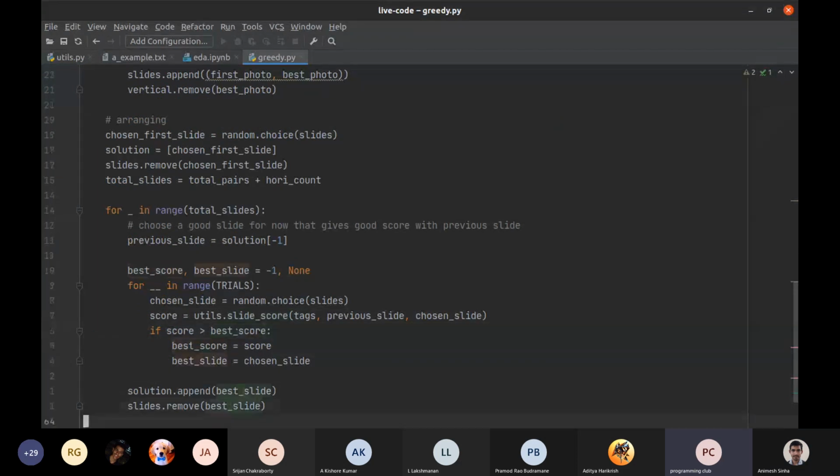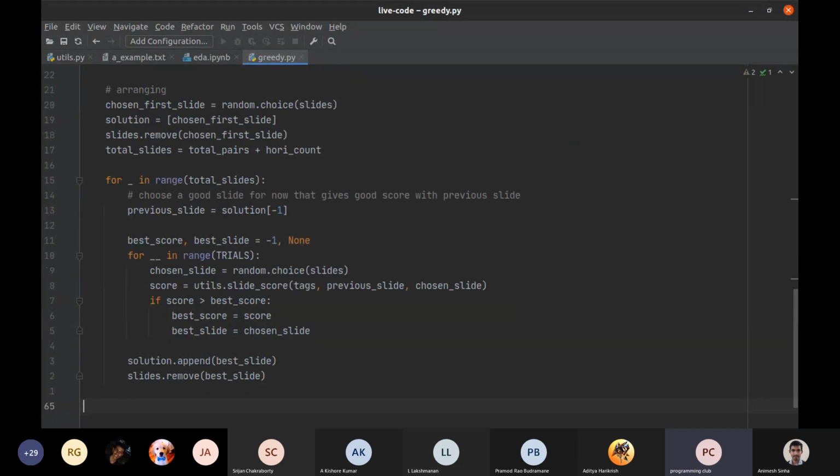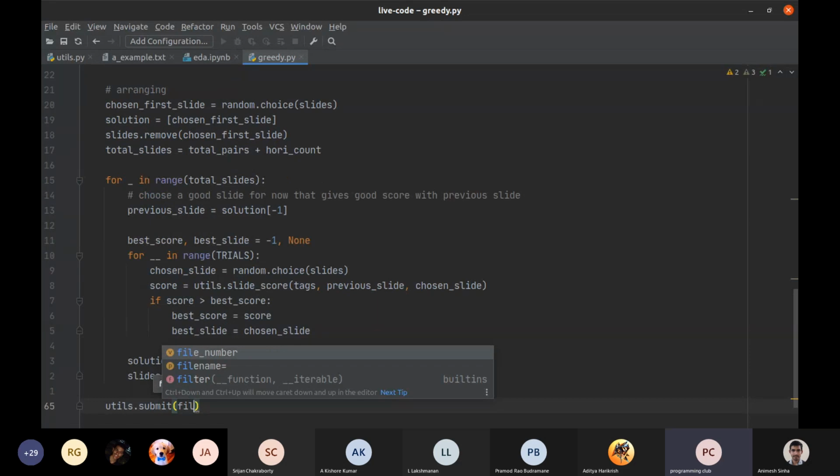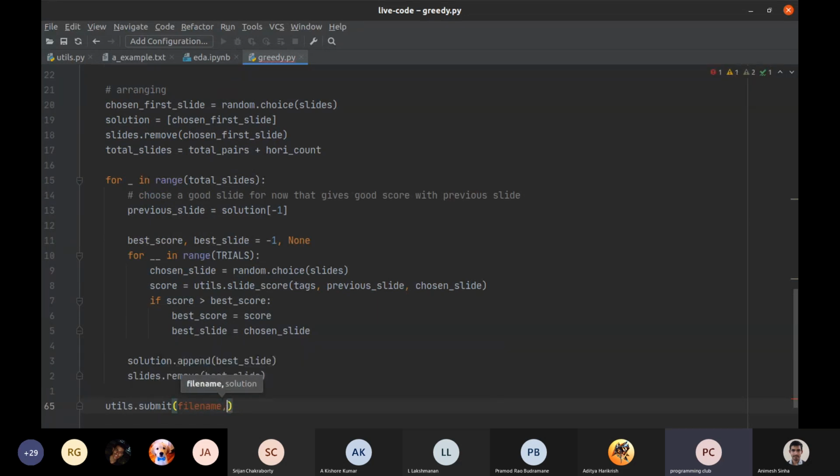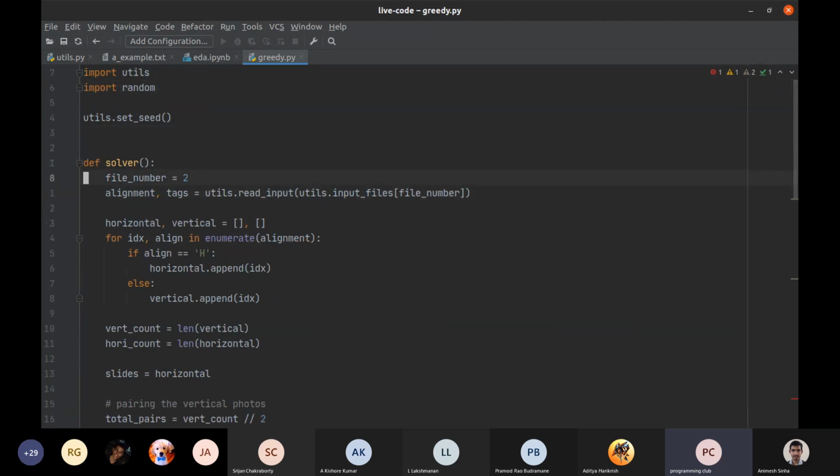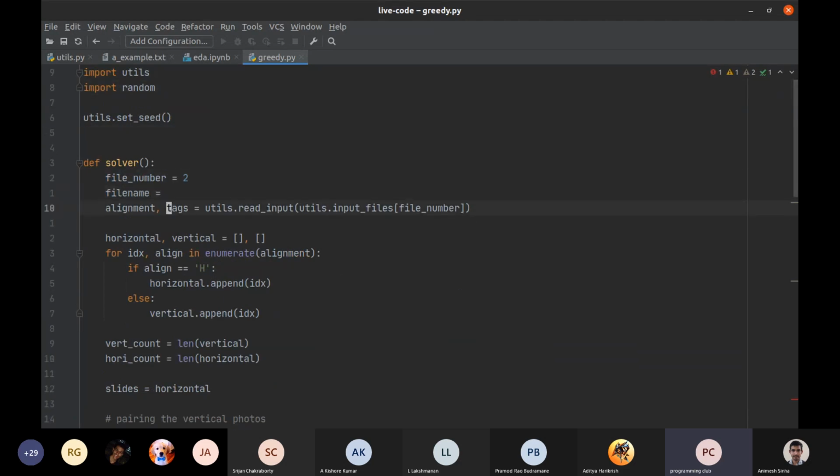And then we're just greedily optimizing at every intersection, and then I'm just going to submit for my particular file name and my particular solution. Yeah. I think you need to call your file number utils input file. Yeah. Right.